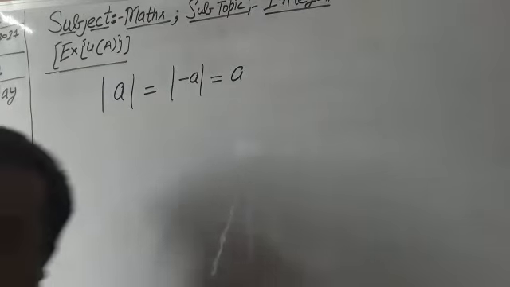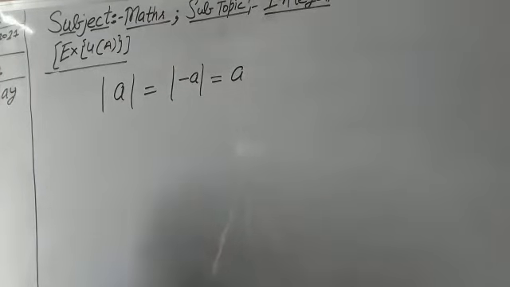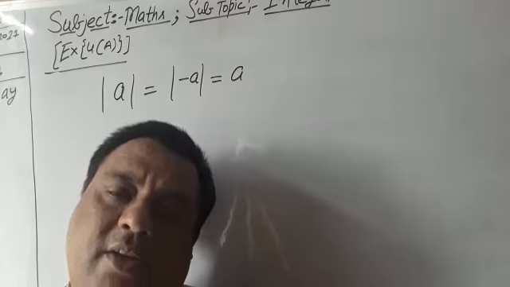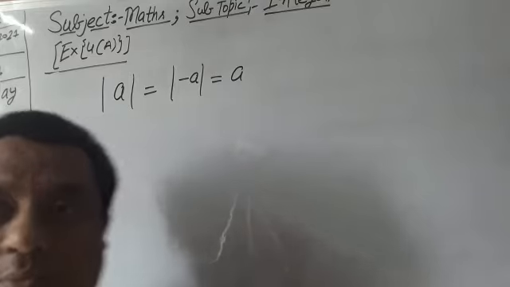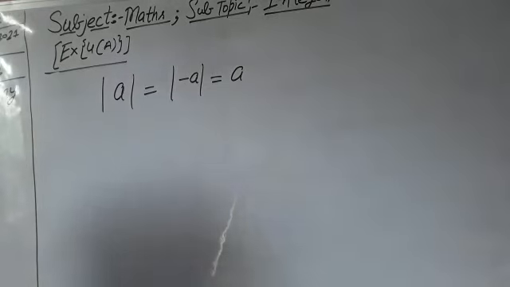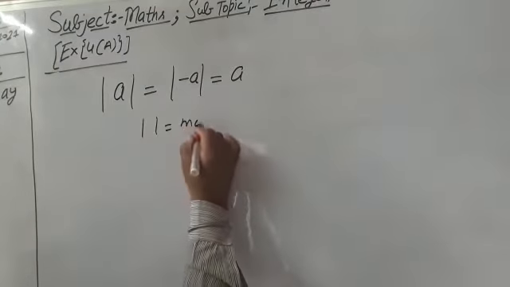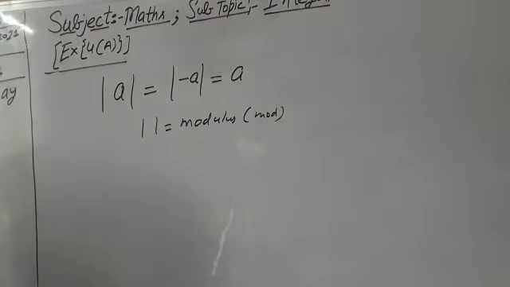We take 0 as a reference point when we consider place value, either situated on the left side of 0 or the right side of 0. What does it mean? It means only place value, not face value. But when we consider absolute value, we take only face value. This is the sign, and the full form of the sign is modulus; the short form is mod. Modulus of a, or mod of a, is equal to mod of minus a, and we can take only the face value of it.